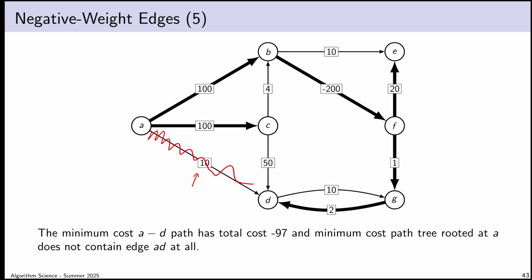It actually turns out that the minimum cost path from vertex A to vertex D doesn't involve this edge at all. Okay, so what do I do? Do I give up? Well, maybe I do. Maybe this is so disheartening that I just go do something else. On the other hand, we're only at slide 43, and we all know by now that lectures can't be that short, so I guess I should push on and try and fix the issue.